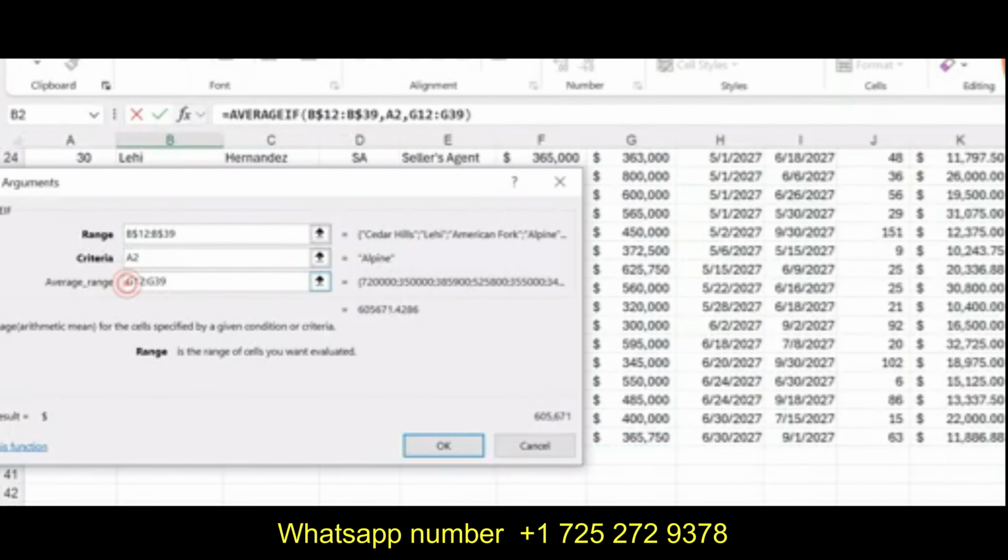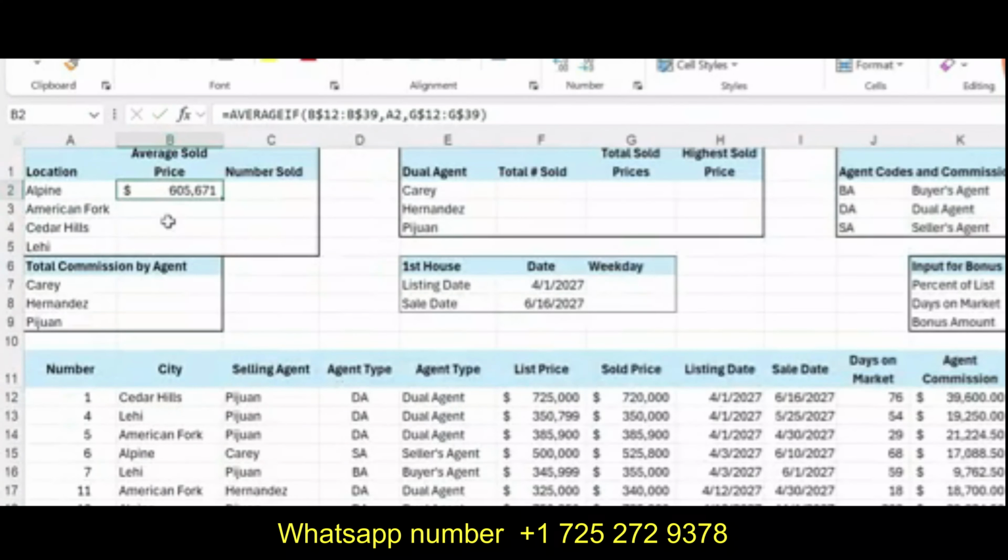But we will use mixed references for this range as well. Okay, we got this function. So we got the average sold price for the Alpine City in cell B2.